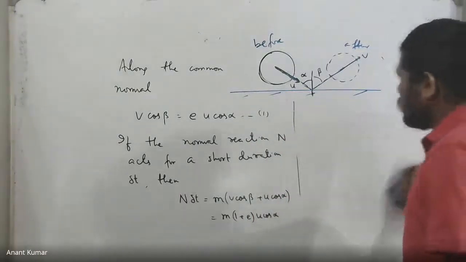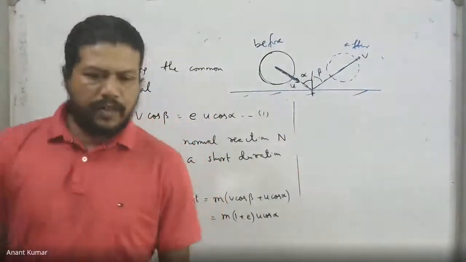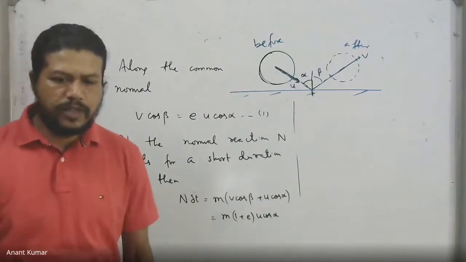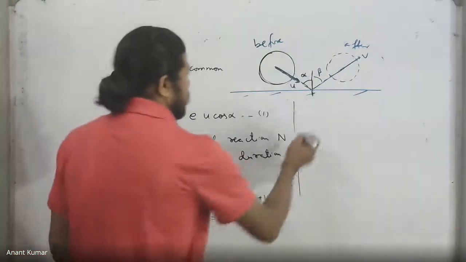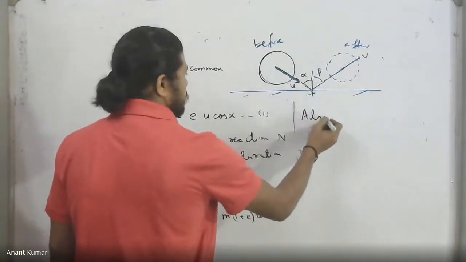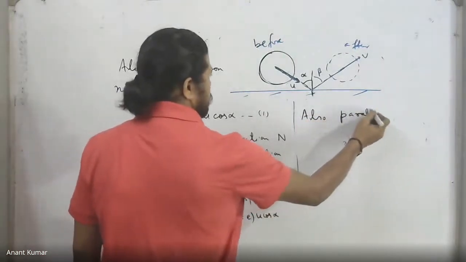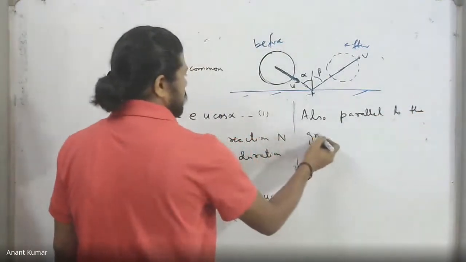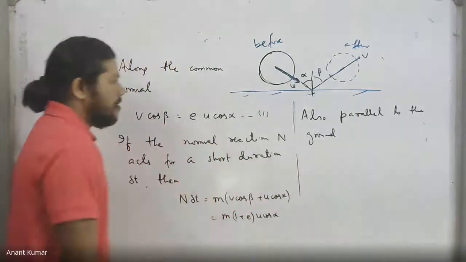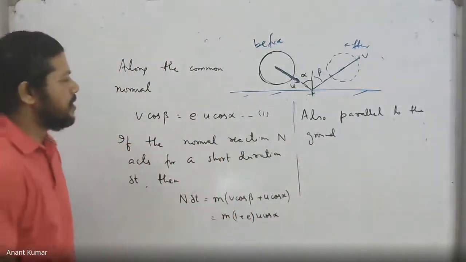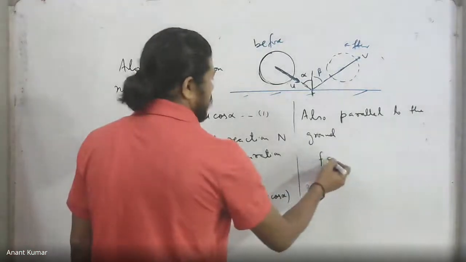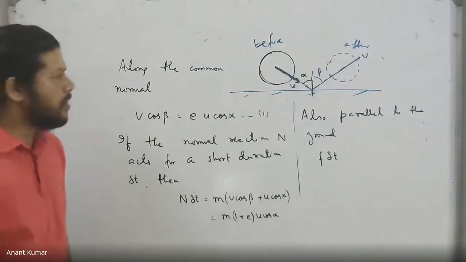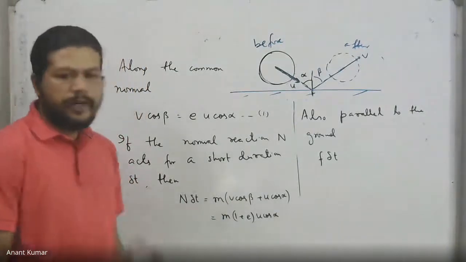And in the direction that is parallel to the surface, there is some friction, so that is also impulsive because N is impulsive, and in this case there is a tendency of slipping. So mu into N has to be the friction force. So what we can consider therefore is, because it's parallel to the ground in this case, the impulse of the friction, F into delta t. F is the friction force in this case, which is impulsive as well. That will be equal to the change in the momentum in the horizontal direction.